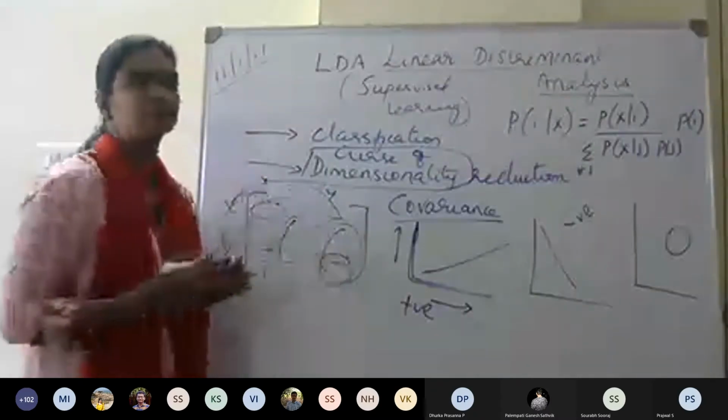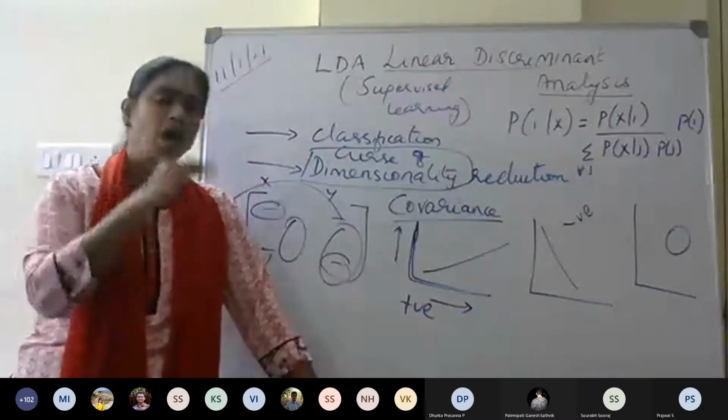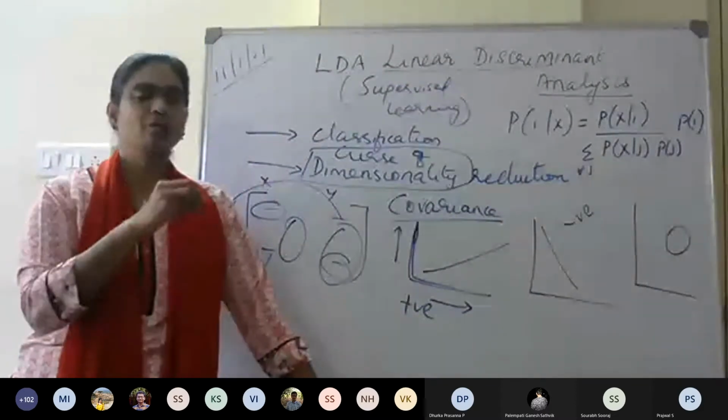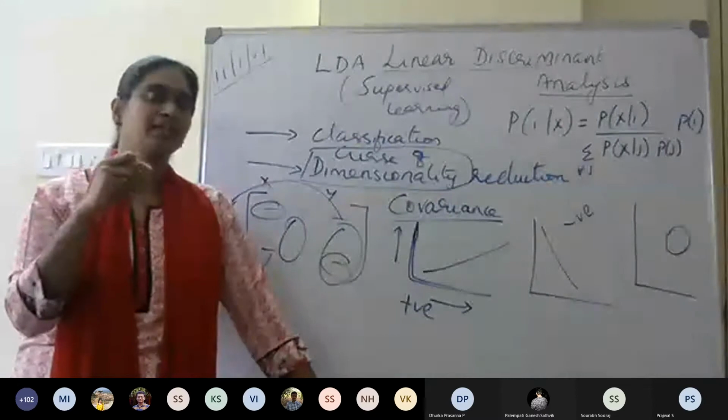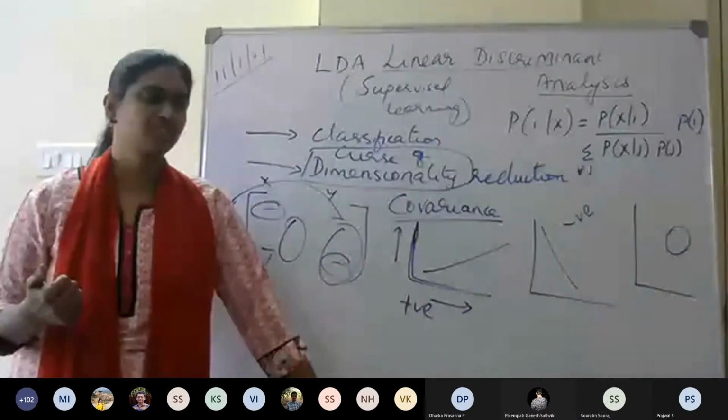In that case, grouping between 2 classes based on the covariance becomes very complicated. Okay, so what we are going to do is, based on this covariance, we can limit to only a smaller number of features for classification. That comes under dimensionality reduction. And then how to use the features. Now in this case, LDA, we are going to take an example of 2 features and then see how to perform the classification.